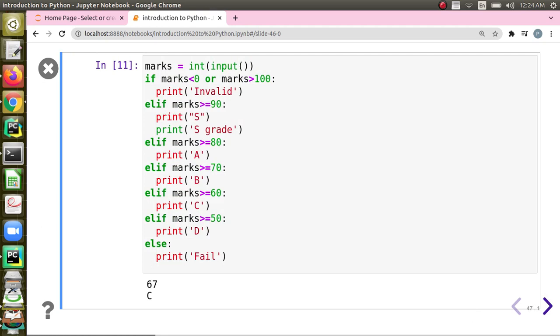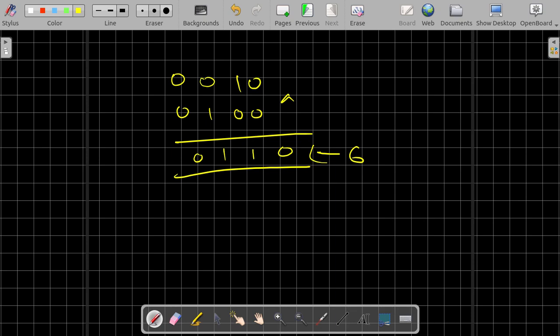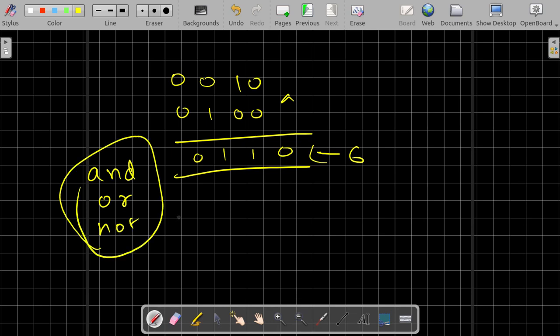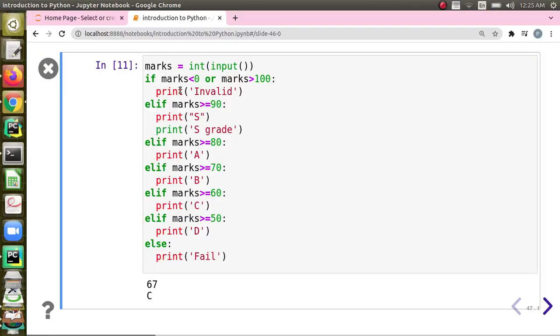And moreover, in Python we have logical operators also, which I didn't tell in depth. The logical operators present are and, or, and not. These are all the logical operators. We use these logical operators when we want to connect conditions. Now let us see an example.